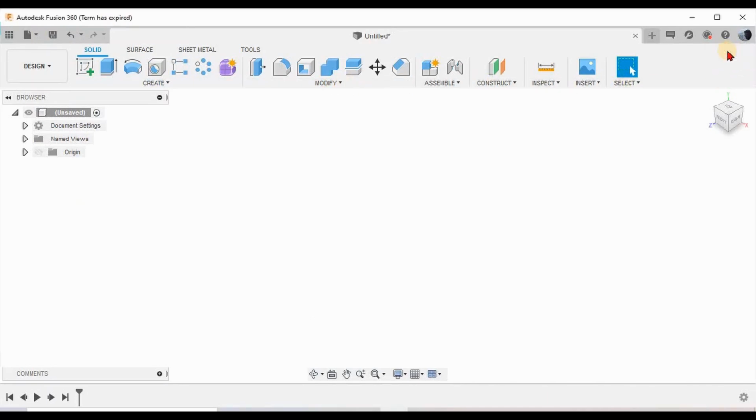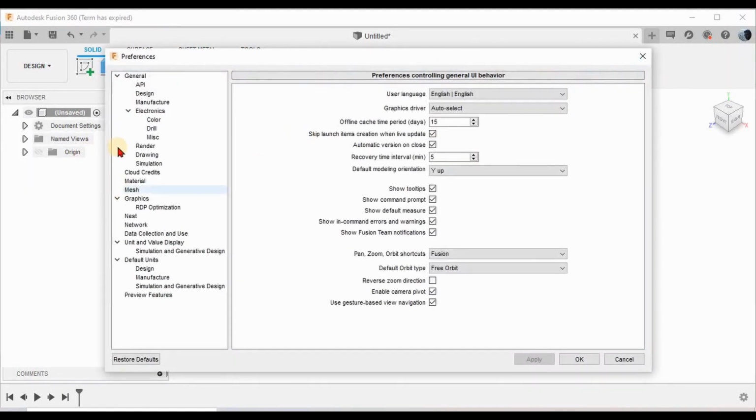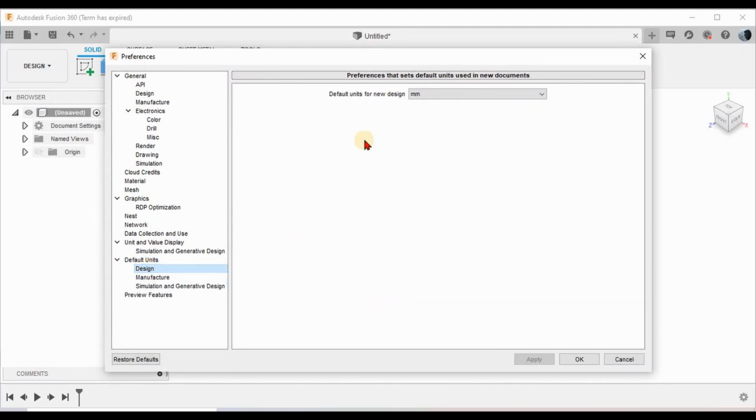So you have to go to preferences, just wait for a second. Now you go to default units and design units. If you click that, you can see all my dimensions I am going to do in millimeters. It's up to you, you can choose whichever unit is comfortable for you.